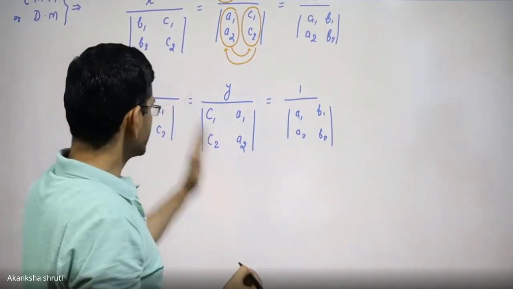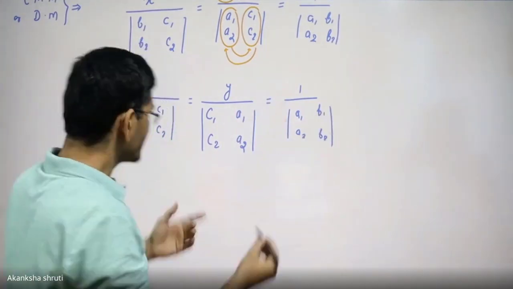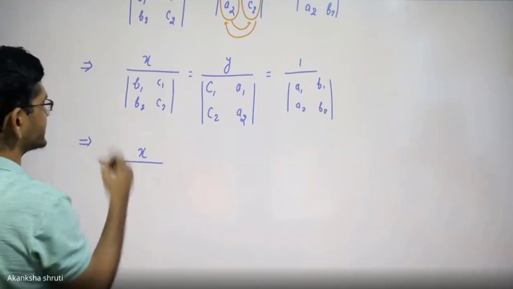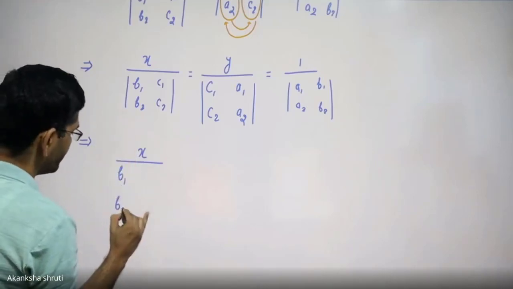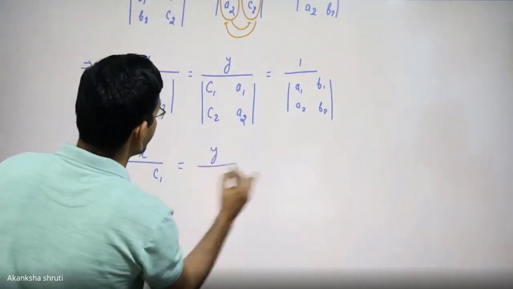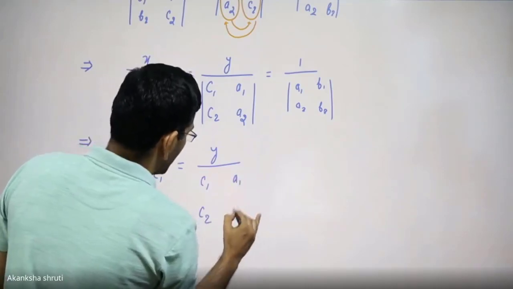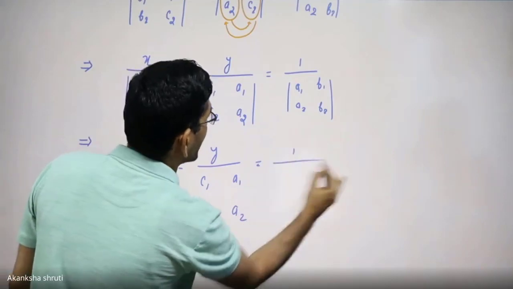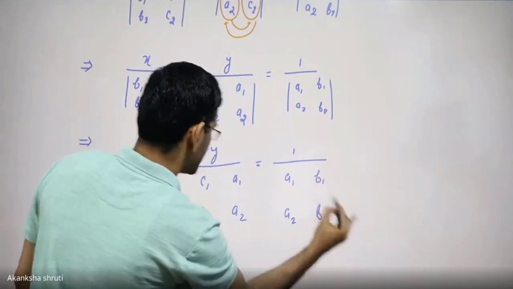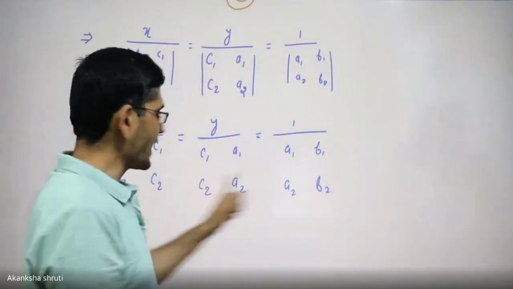they even avoid drawing these vertical lines. बहुत सारे लोग ये vertical line को भी shortcut करना चाहते हैं. चलिए उसको भी हम लोग हटा देते हैं. Then how it appears, but still mentally we have to understand this arrangement. It is our B1, B2, C1, C2 is equals to Y, C1, C2, A1, A2 is equals to 1 by A1, A2, B1, B2. Okay, students? So if these vertical lines are removed, it will appear like this.